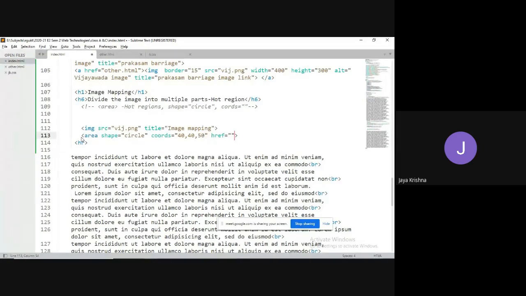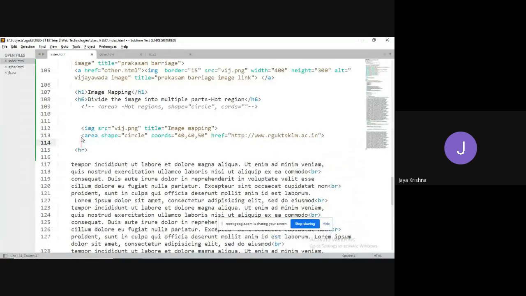After clicking on that region, which link do you need to open? I need to open www.rgukt.skm.ac.in. I'm going to define one more area.